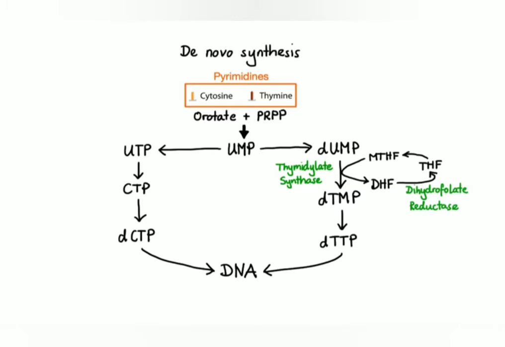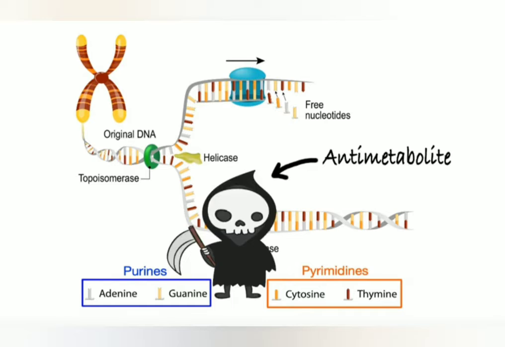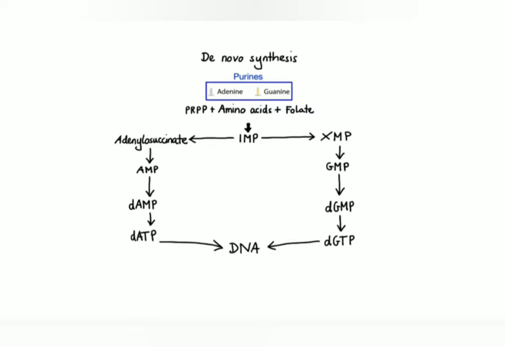Now that we covered basic overview of purine and pyrimidine biosynthesis, let's move on to discussing mechanism of action of antimetabolites. So antimetabolites tend to exert greatest cytotoxicity in the S phase of the cell cycle by simply interfering with the de novo synthesis of purines and pyrimidines. In order to understand how these drugs work, first let's go back to our overview of the de novo purine synthesis. Perhaps one of the most well-known antimetabolites that interferes with this pathway is a drug called mercaptopurine,